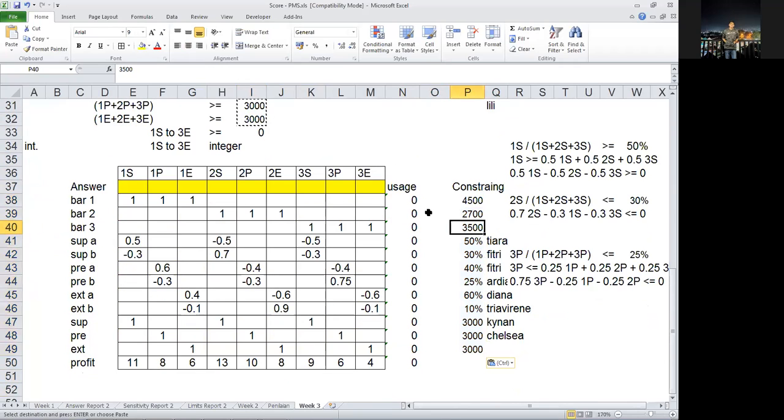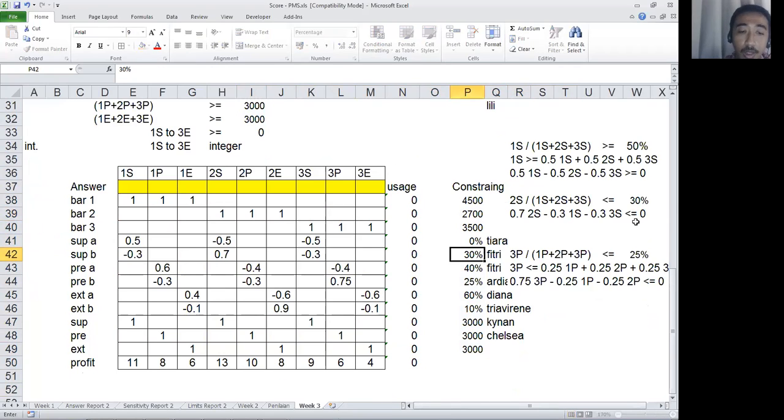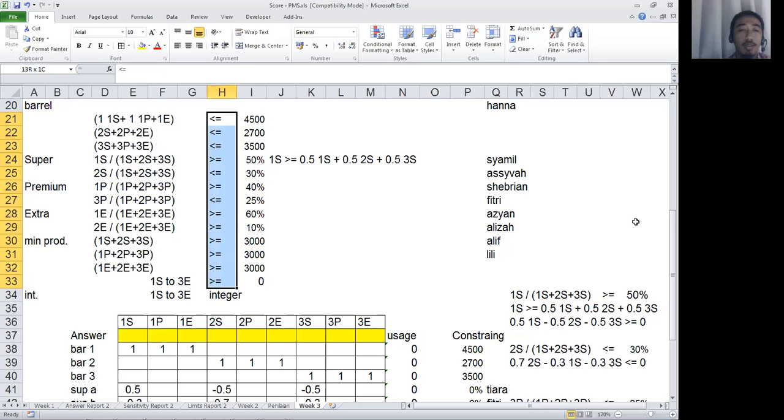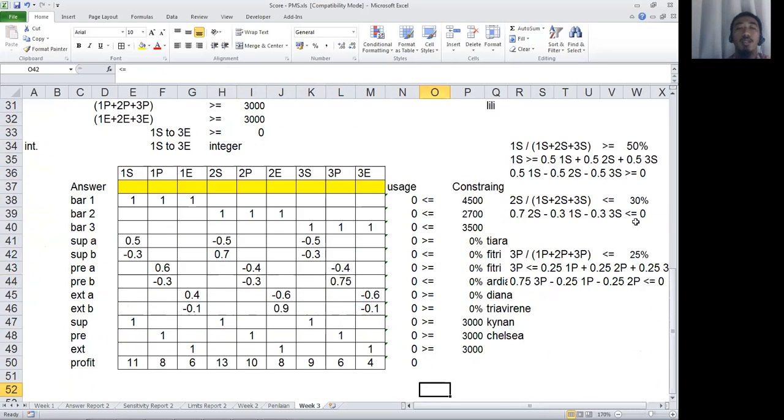Percentage, sir. Yeah, the percentage. We already move this around, so the percentage is no longer there. The rest is just 0, as you can see here. So we put 0 in all of this percentage. And to remind us, we put the sign here. Okay, finish. We already get the template. Now we try to apply the solver to this case.